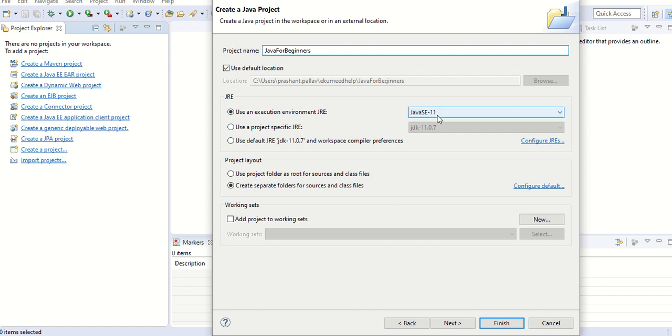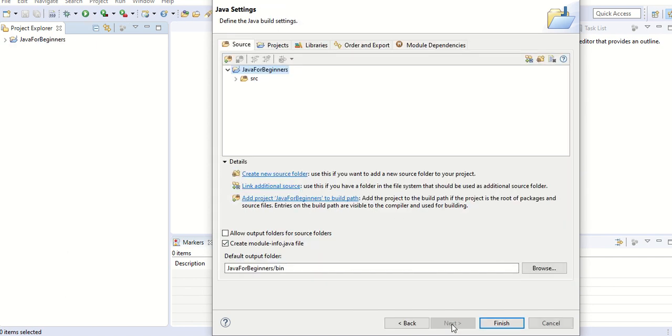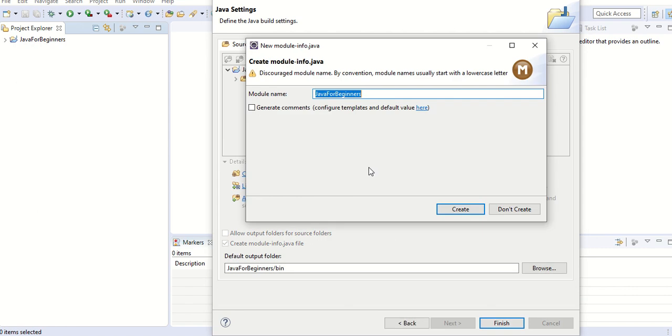Then you'll have to select some options; just keep them default, you don't need to do anything. Click on next. Now you can see Java for beginners, your project, is created here, and inside it you can see a src folder, which is called the source folder. You just have to click on finish.